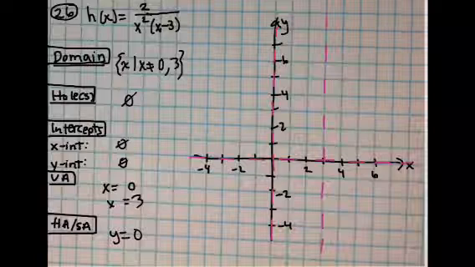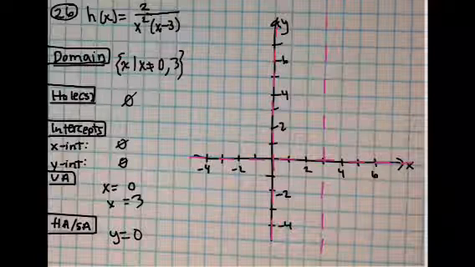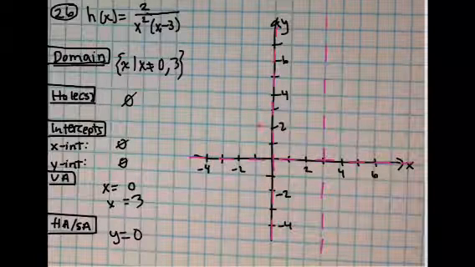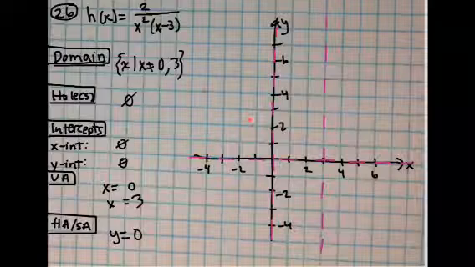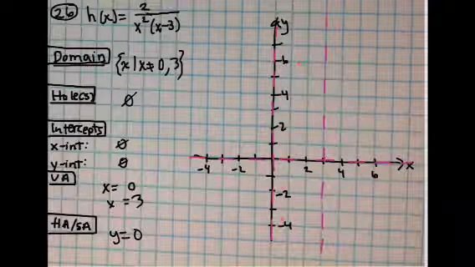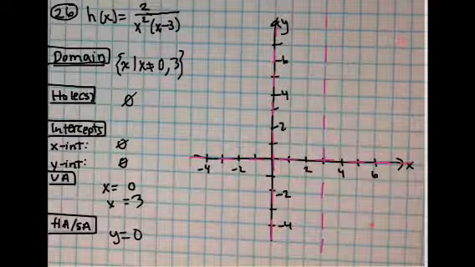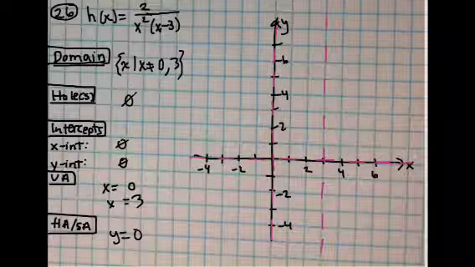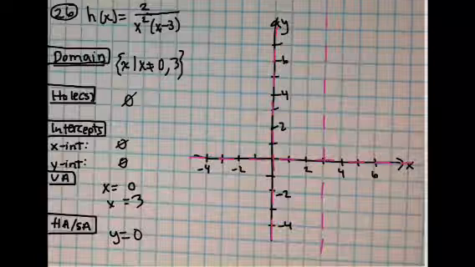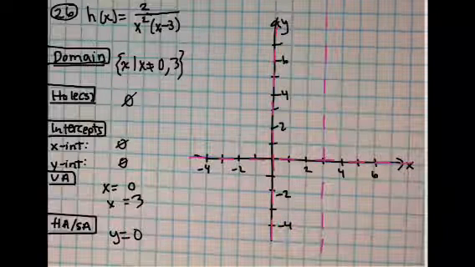So the only thing we can do here is, this one's going to have a few more, we're going to have to find a few more points. So we have to pick a point on this side because we're going to have one curve on this side, one curve right here, and one curve right here. Okay? And there's no symmetry here, right? So we've got to find points in each region. So I'm going to pick